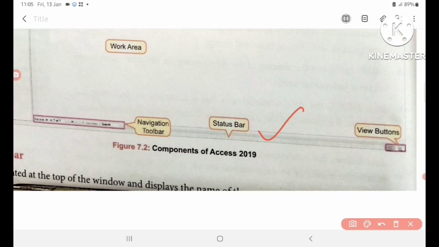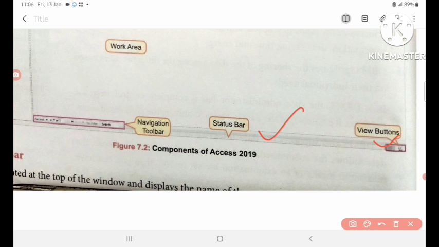On its extreme left, it displays the name of the current view. You can see the current view here on the status bar. And on its right, it displays two view buttons, datasheet view and design view.